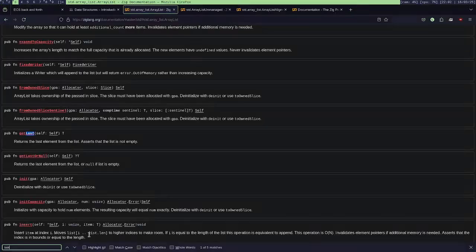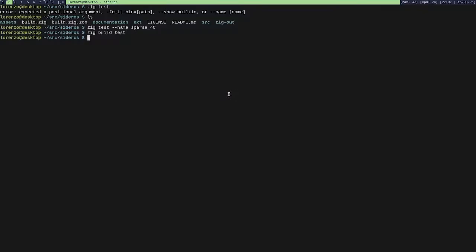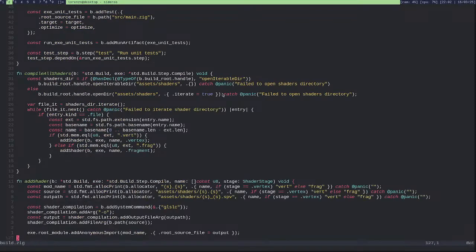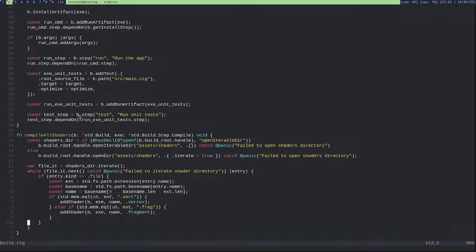Okay. How does this thing work? I never used tests, but they are cool. Step test. Okay. Unit test. Root file.